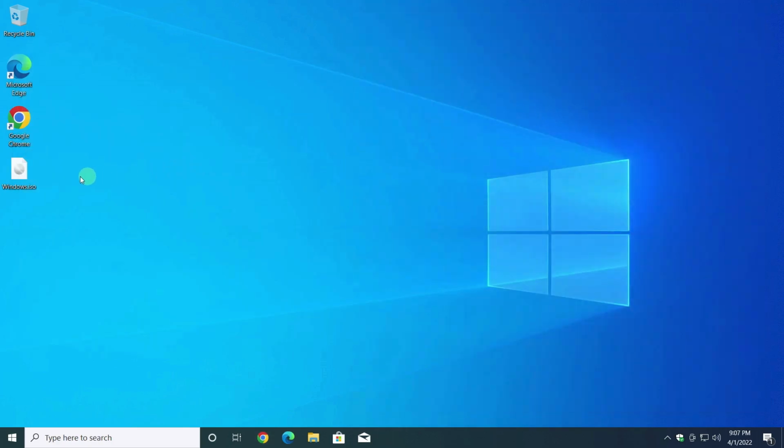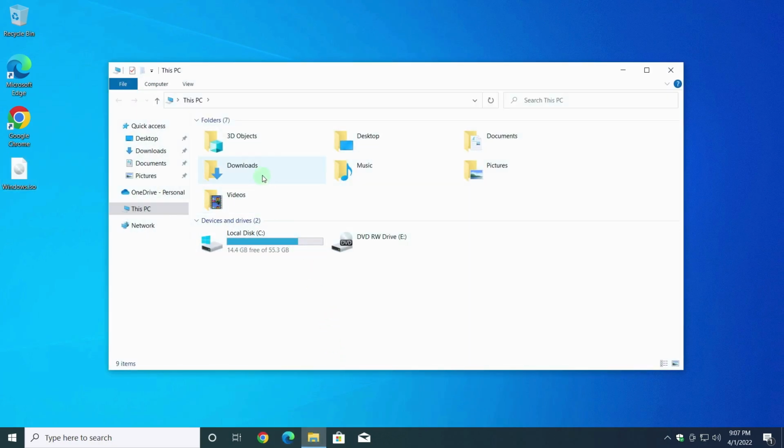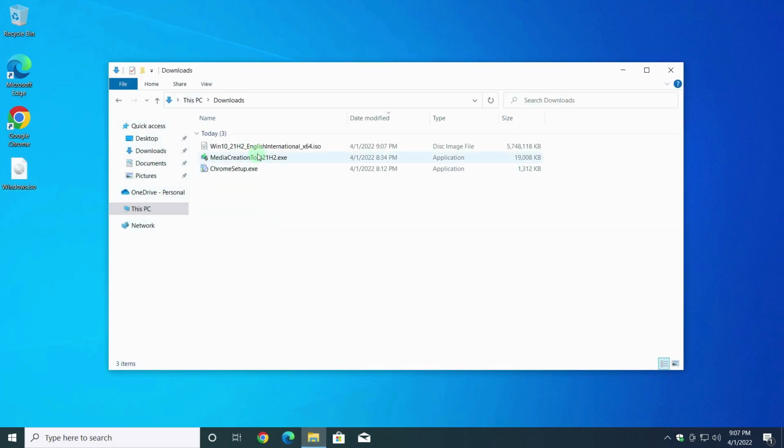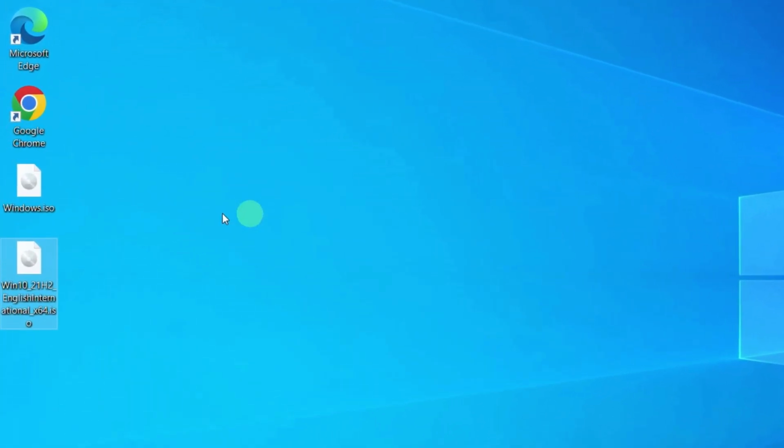One file is on my desktop. I open the Downloads folder. Drag the file from here to the desktop. The file sizes are different, and quite significantly.